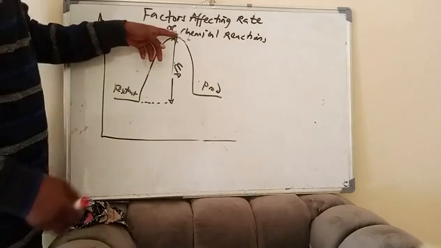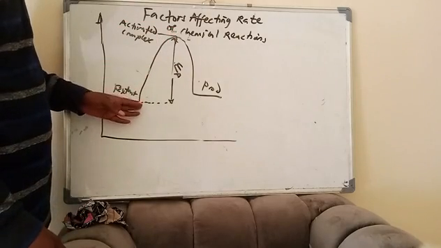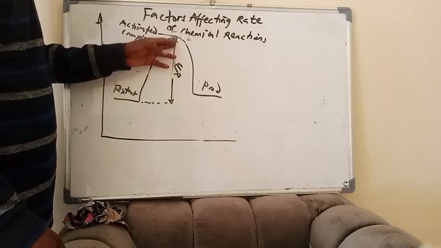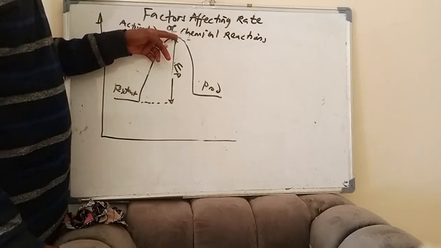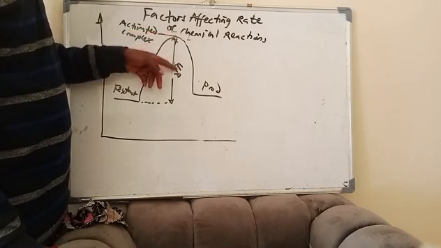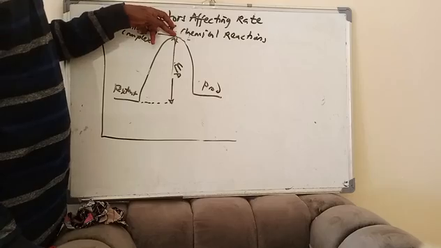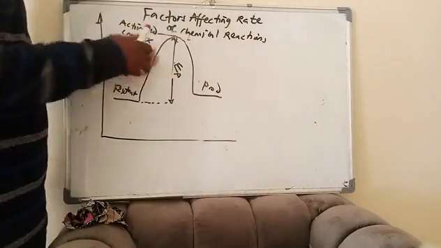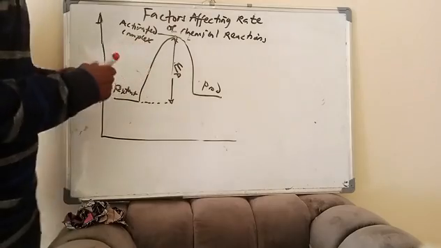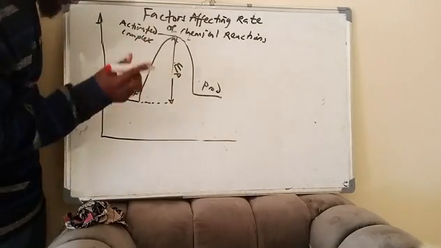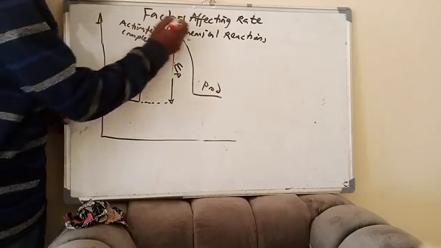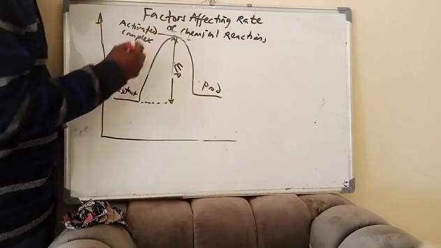But before this activated complex can be reached, the activation energy has to be attained, has to be overcome. So the height must be climbed. You understand? That height, that barrier, is the activation energy. When we have a catalyst, the catalyst will give you a shorter path. Instead of having to climb this, which takes time and requires energy,